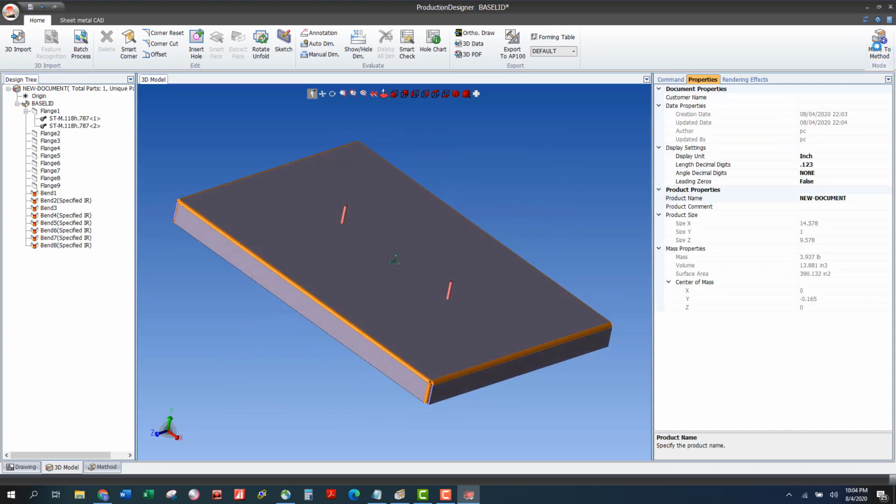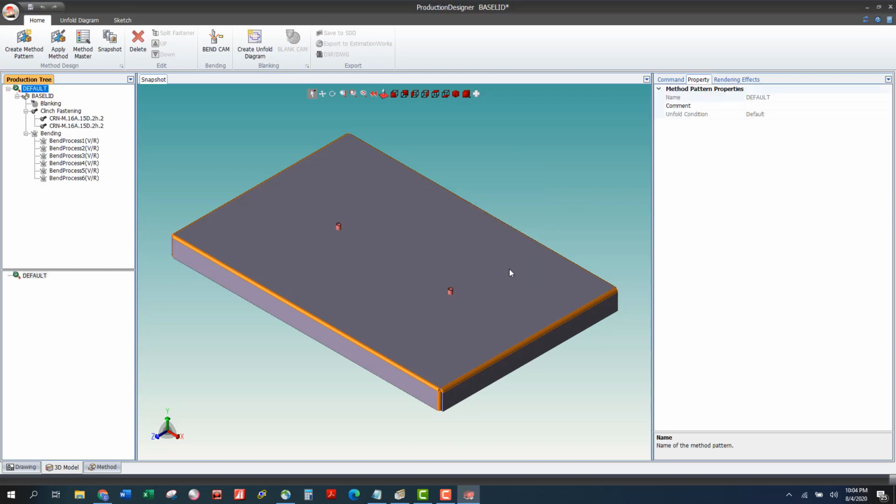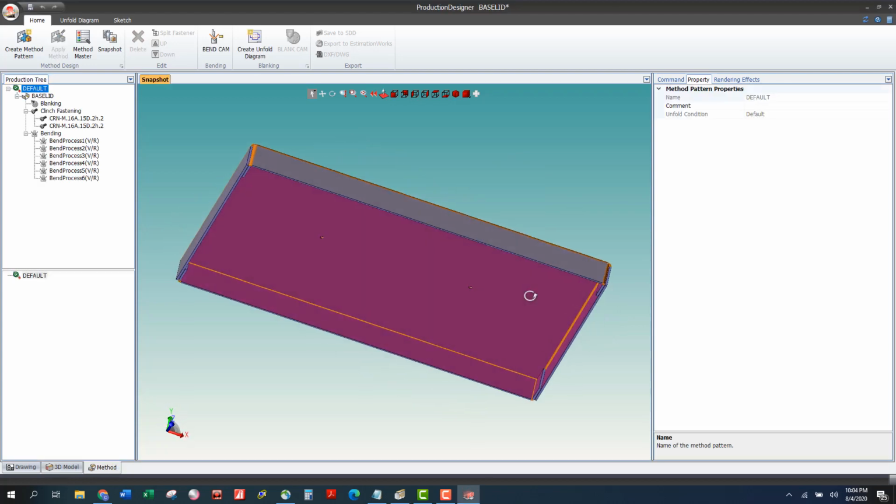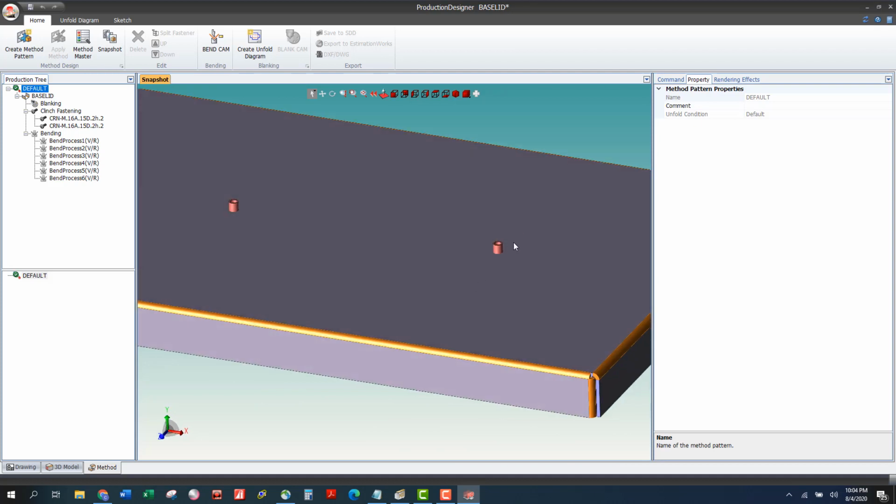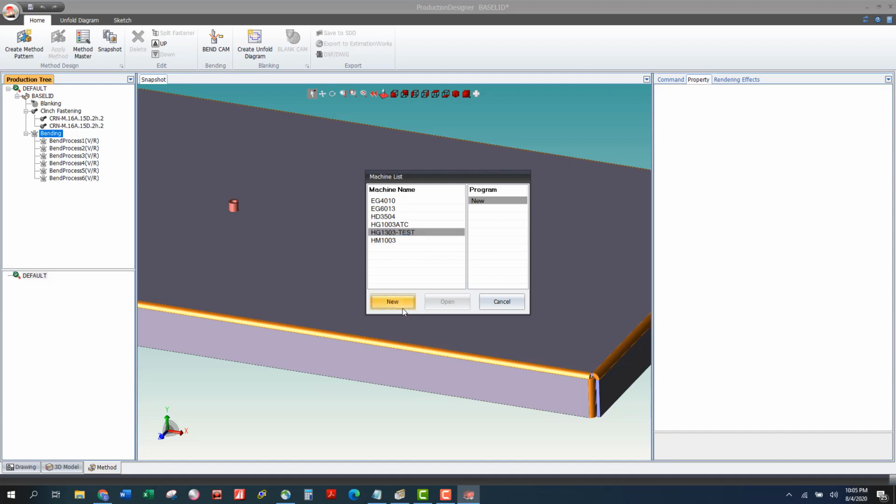So we'll move over to the method. And once we get to the method, it's going to look at how it recognizes that particular stud and when we're going to insert it. We can say, hey, we're going to do blanking, clinch fastening, and then bending. Or we could even say we're going to do clinch fastening after bending, and then we're not going to see it in the processing and bend cam. Or if you don't want to see it, you can always delete it out as well. But from here, we'll go into the bend cam, select our machine again,